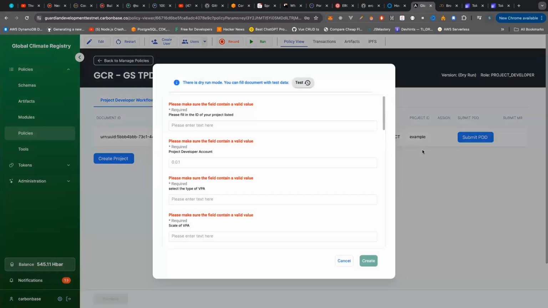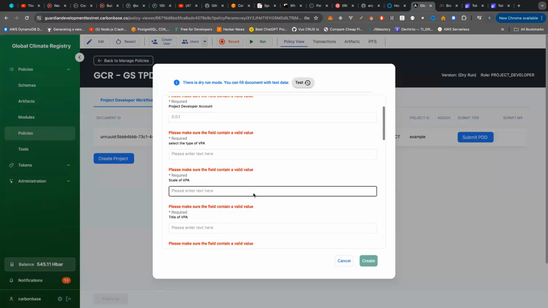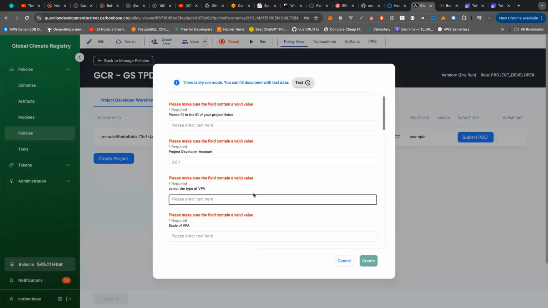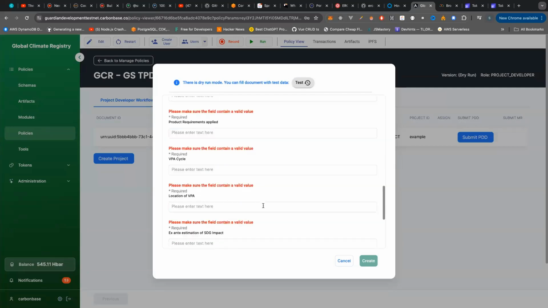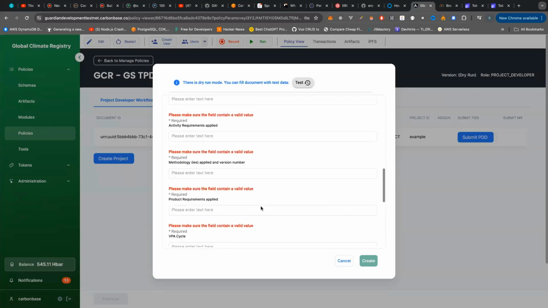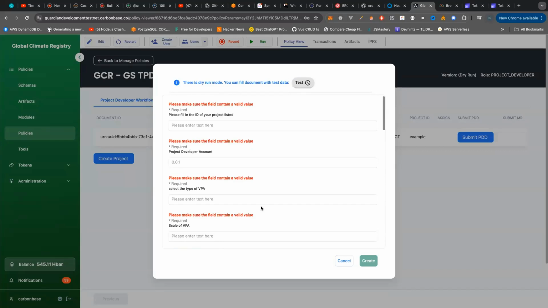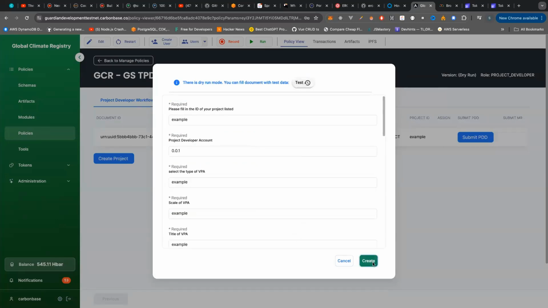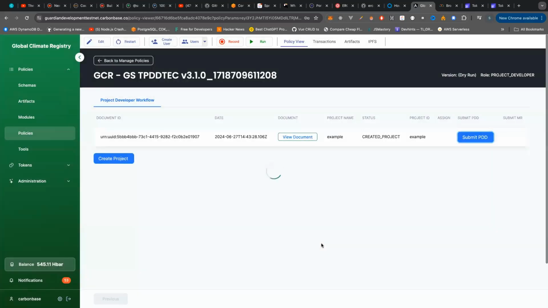Now, this is what Tattva was talking about, the baseline methodology. So this is going to be the pre-project details that you're going to fill in, details about the overall design of what you will be implementing after this is approved. So here there will be calculations of how much you estimate the emission reductions. So this will all be estimation and the overall design of the project. I'm going to fill in the test requirements, and this estimation needs to be approved by